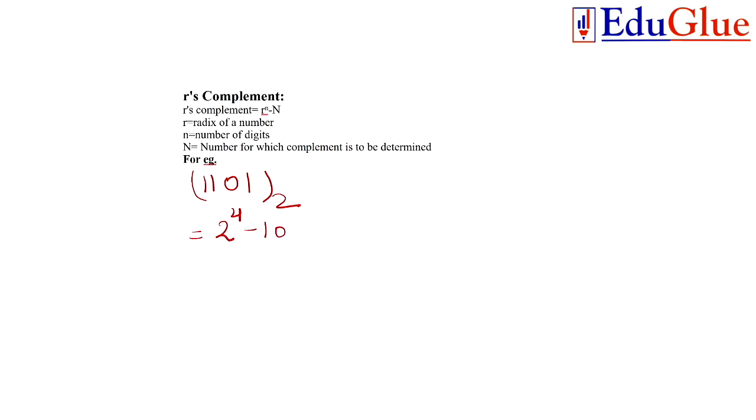Minus 1011. But learners, remember, if you subtract directly, this number is a decimal number and this number is a binary number. You cannot perform direct subtraction. So what you need to do is first convert this number into a binary number. There is not a long procedure for that. Just write 1, and if the power is 4, put 4 zeros after it. So it will directly convert it into binary. Like this, any base number can be done. 1011. So now we can perform subtraction.